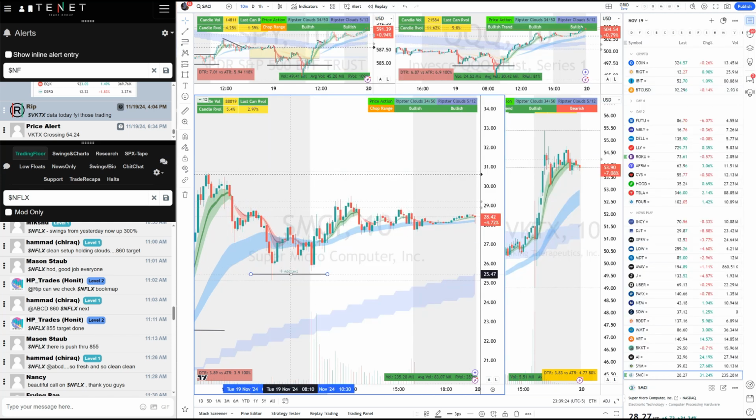So this was the 25.50 level that I gave in the pre-market, and you see it's bouncing right from there, right? Amateur candle. So that's your ultimate risk. If you like SMCI, you don't want to use the clouds. Even if you use the clouds, that's your ultimate risk.